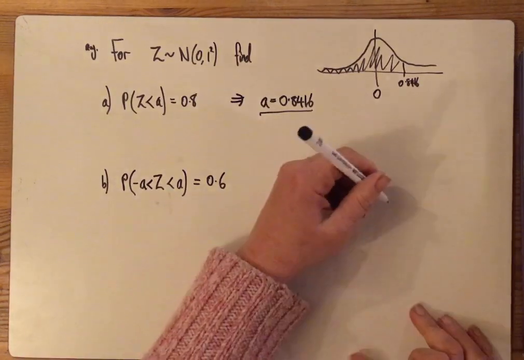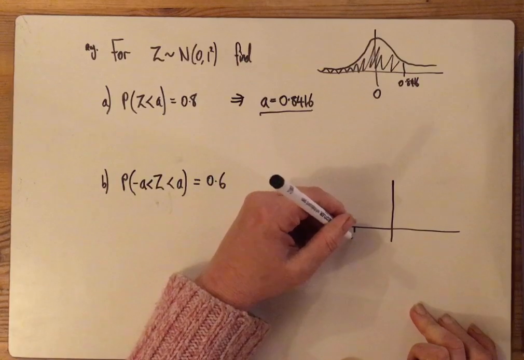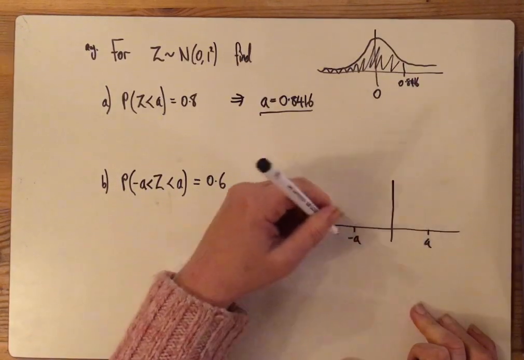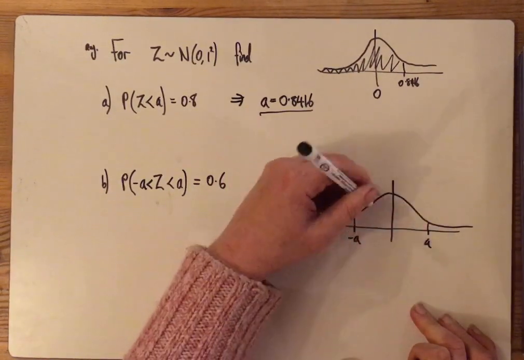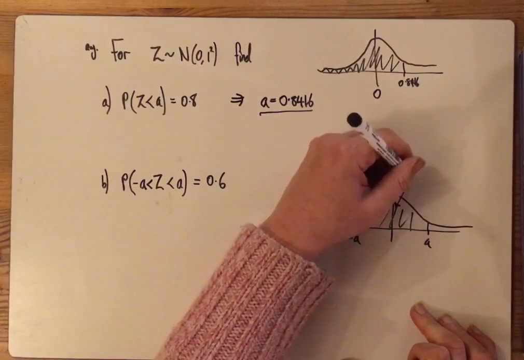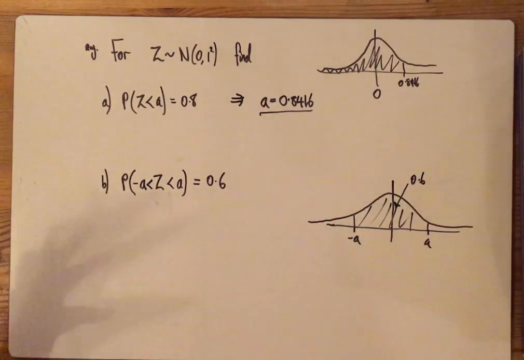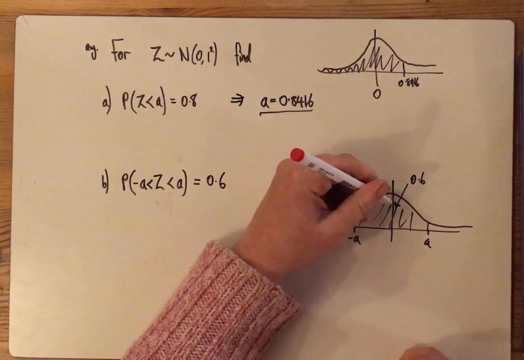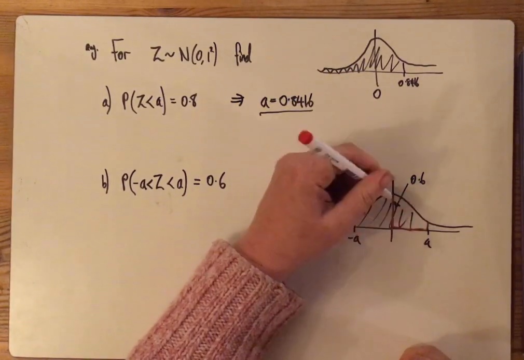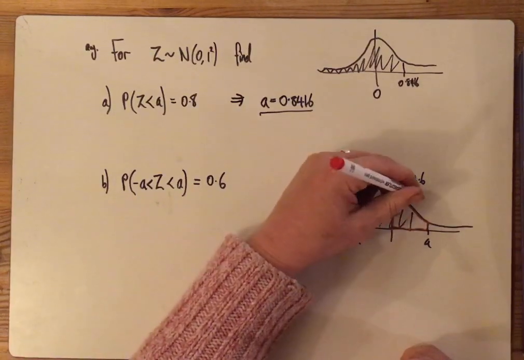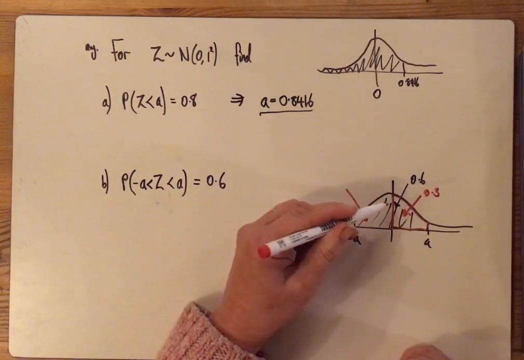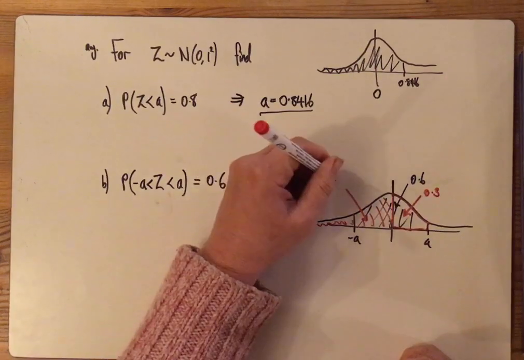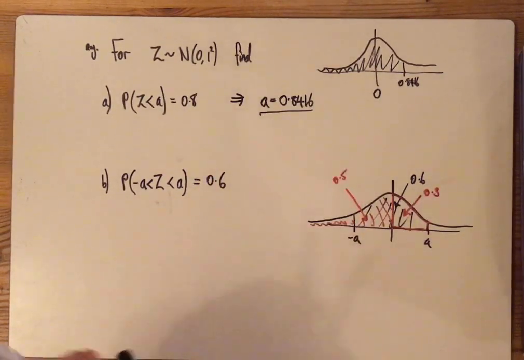This one here, you just need to think about a little bit. So if minus A is less than Z is less than A, and the probability sitting in here is 0.6, then your calculator only does less than probabilities on the inverse normal, but you can split this in half because of the symmetry in the graph. So sometimes you just have to use the properties of the graph a little bit. So that little bit of area there is 0.3. This area here all the way back is 0.5. So if we're trying to find A,